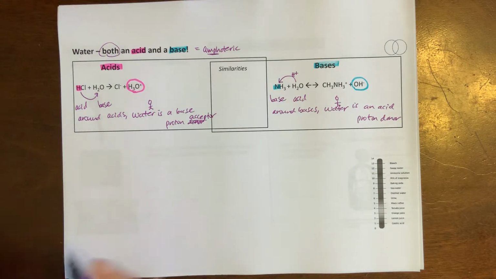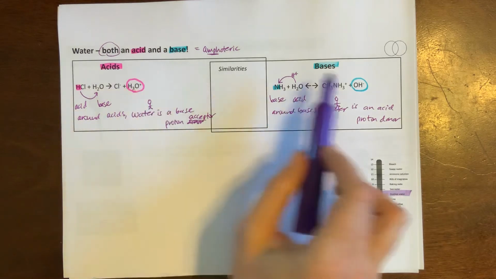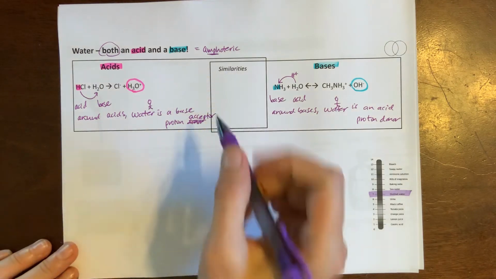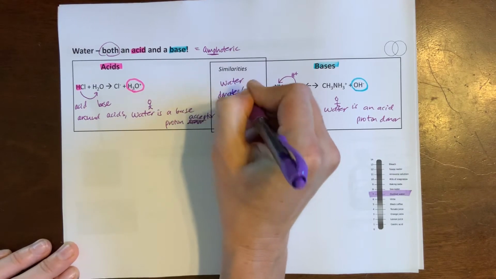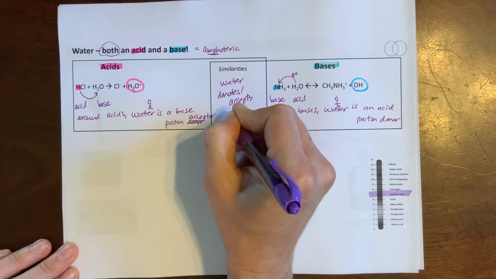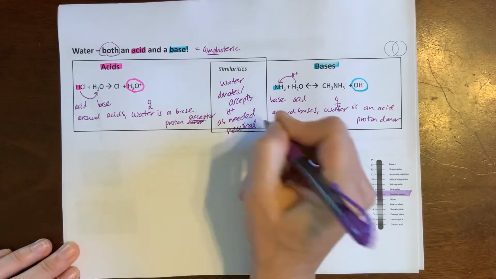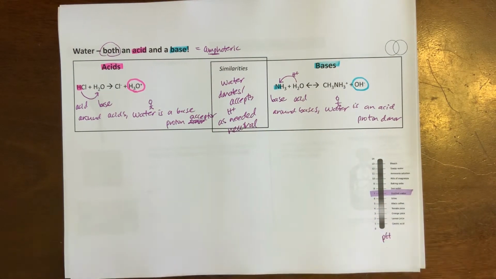So let's go a little further with water. Water's amphoteric. It can be an acid or a base, but truly we find water right in the middle of our pH scale here, right? And I'm going to use purple because purple's in between the pink and the blue. And let me just, before we jump to that, fill in a similarity here to say that water is always willing to help. So water donates or accepts protons as needed. We could say that water is neutral, right? It doesn't have a bias towards one or the other. And that's what I see here with a pH of 7. So where does this pH come from? We're going to look at that for a minute here.